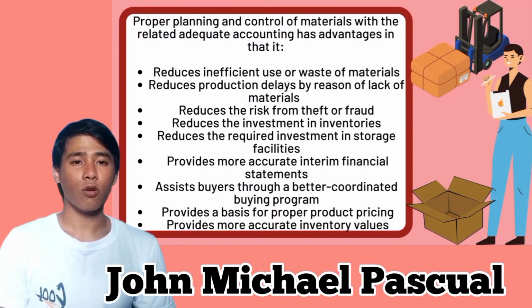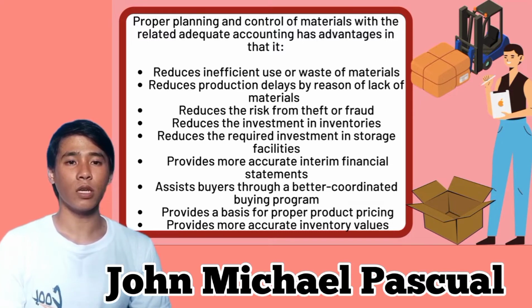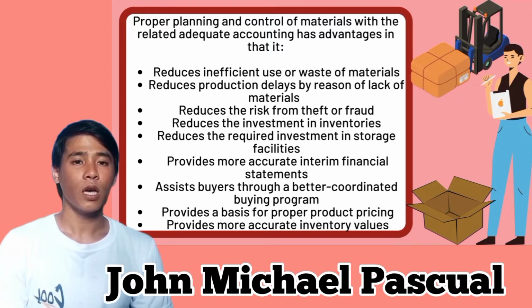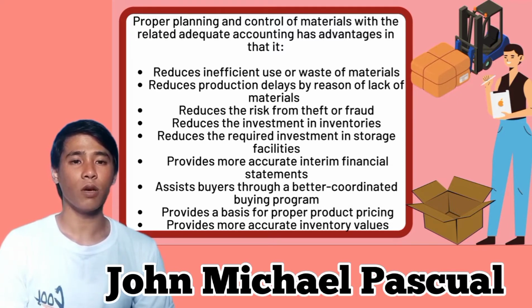Proper planning and control of materials with the related adequate accounting has advantages in that it reduces inefficient use or waste of materials, reduces production delays by reason of lack of materials, reduces the risk from theft or fraud, reduces the investment in inventories, reduces the required investment in storage facilities, provides more accurate interim financial statements, assists buyers through